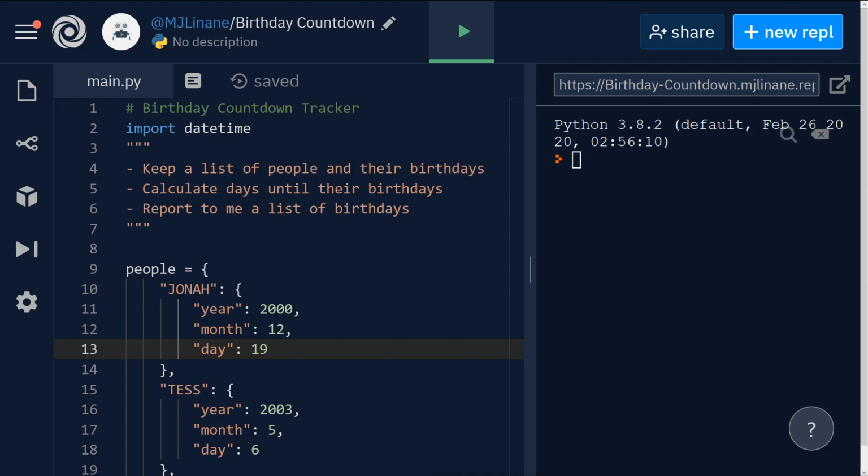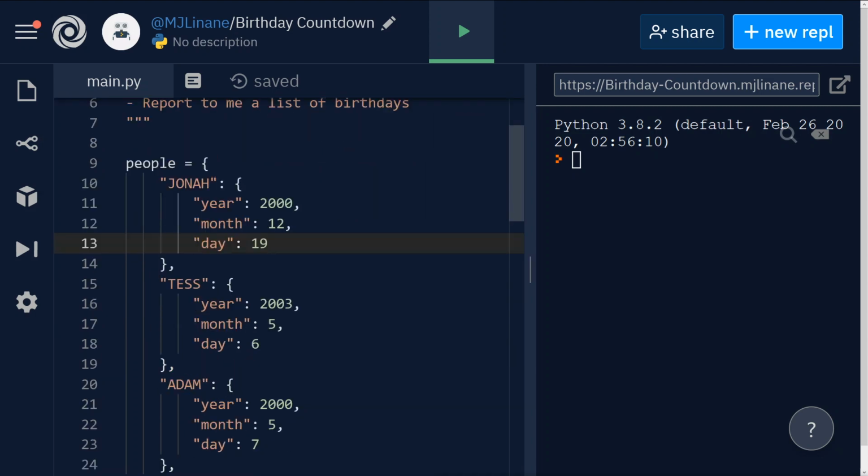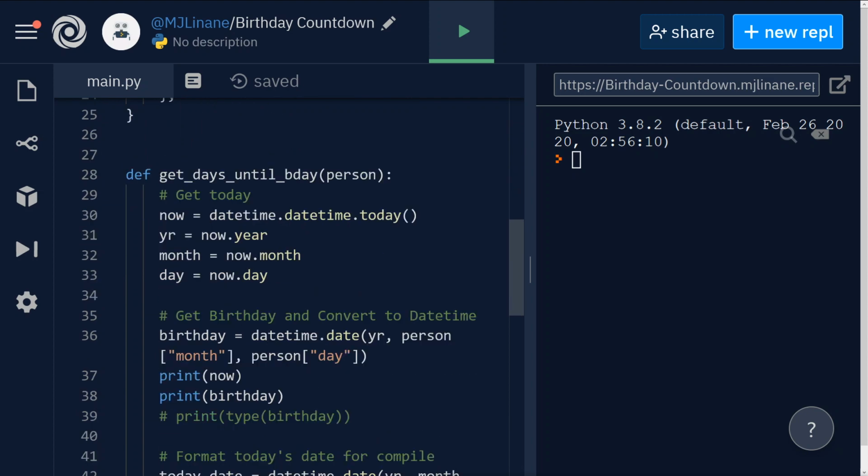Hello, folks. In this video, we're going to take a look at the birthday countdown tracker, and we're going to take a look at modifying the code a little bit and expanding on it. So up until this point, we used import datetime to import time. We have a dictionary of dictionaries, right? So inside people, we have Jonah, year, month, day, all the way down. And then one down here,